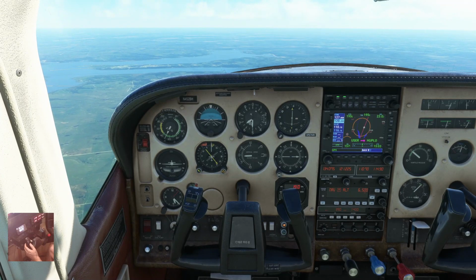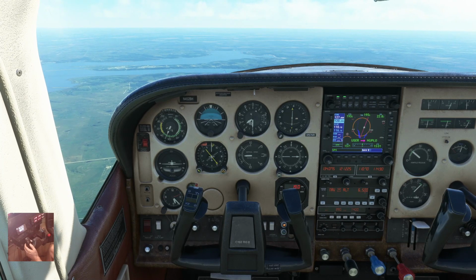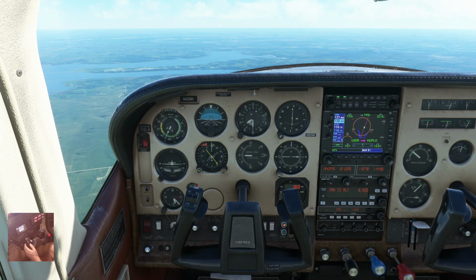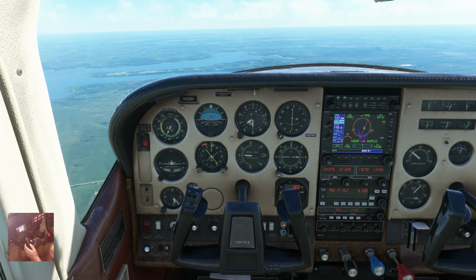I still have a little confusion. 128.8 for generic 2 Kilo Lima. I still have a little confusion on how to set my